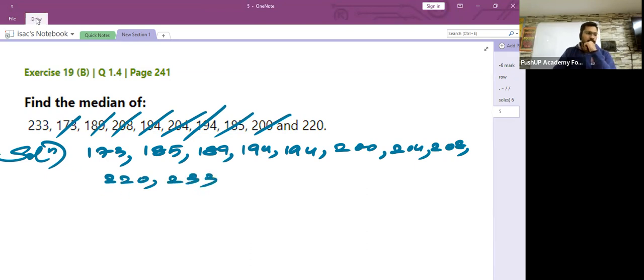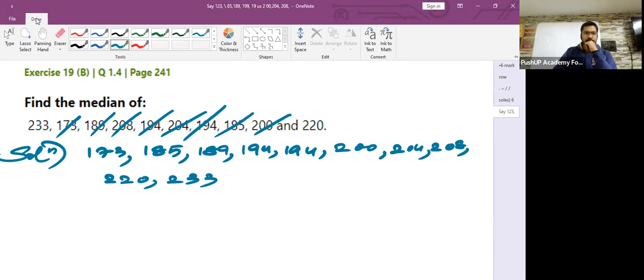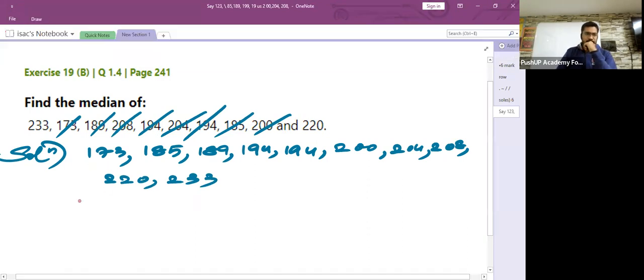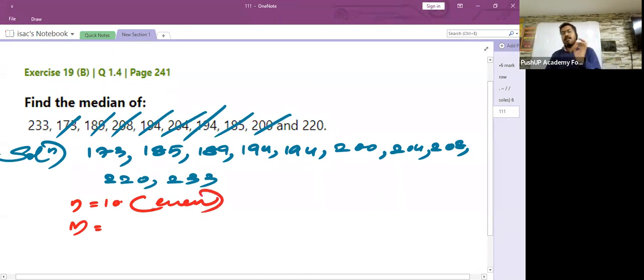What is the total number of observations here? 10 observations. All right. So I'll note it down here. N is equal to 10. So children, 10 is what? An even number. And you know very well when the number of observations is even, how to find the median value,